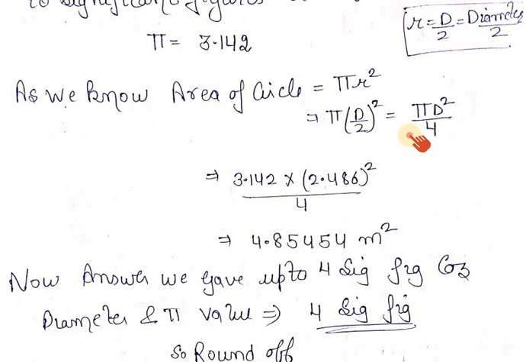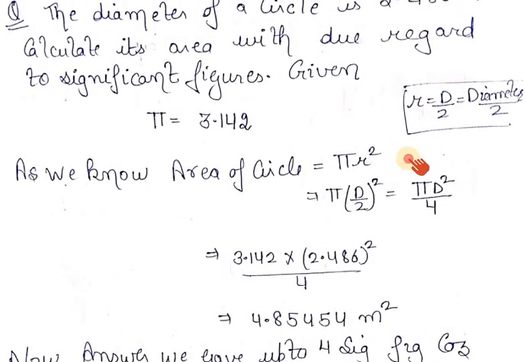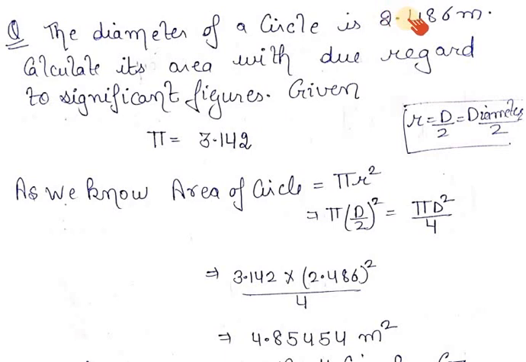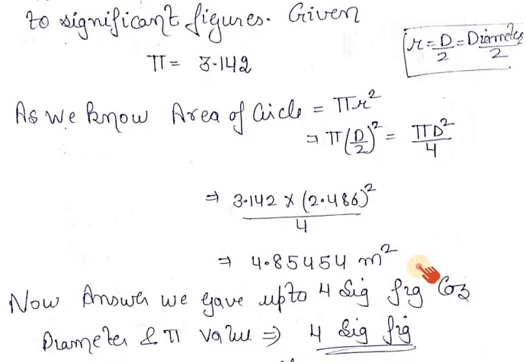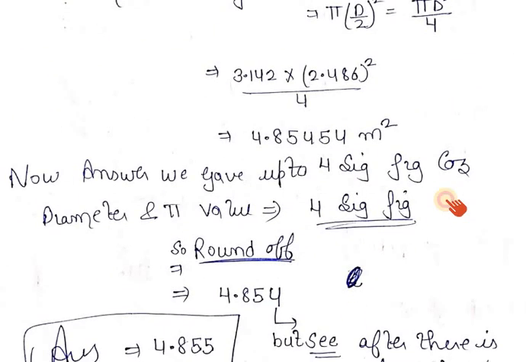First of all, you will see how many significant figures your diameter has. You will see 1 2 3 4. So there are 4 significant figures in your diameter. Now you have to give your answer up to 4 significant figures. You will see 1 2 3 4 5 6. Here there are 6 significant figures, but you want to retain your answer up to 4 significant figures, right? So what you will do, you will round off that number. Where you apply the break, you will apply the break after 1 2 3 4. So you will apply the break here.